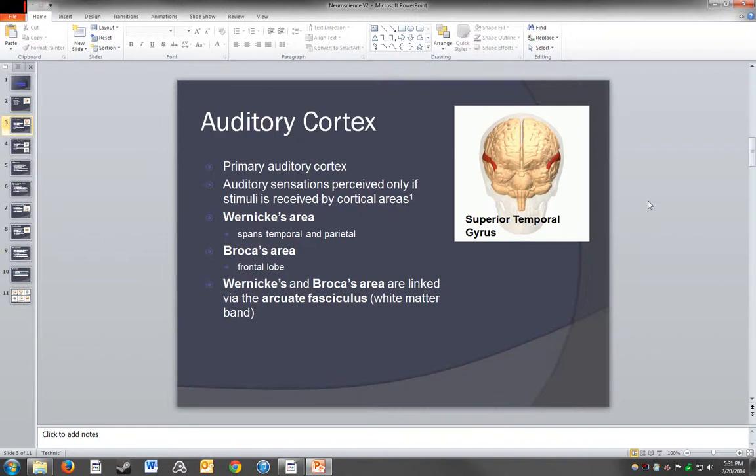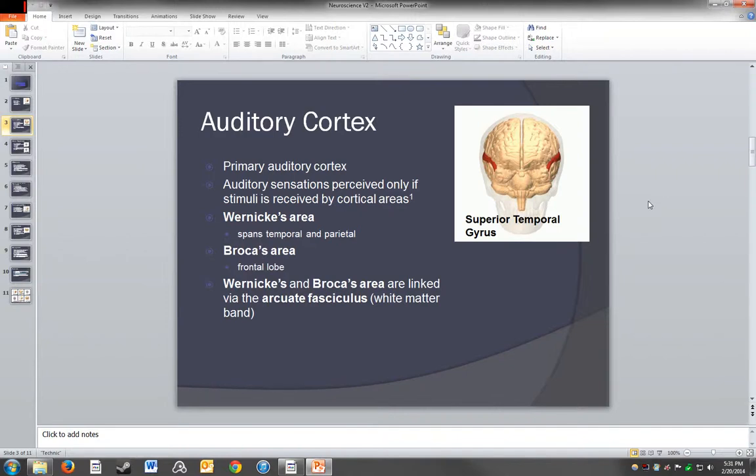So if there's damage in the cortical area and someone slams a book behind you, you could still have a bit of an orienting effect or other tension-causing reactions. We've talked about Wernicke and Broca's area before, but just as a quick review, Wernicke spans the temporal